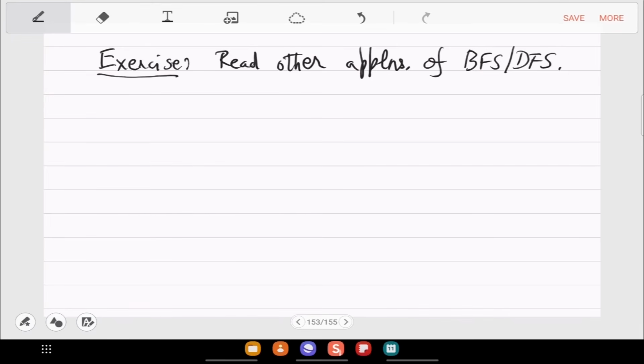So BFS, DFS have tons of applications. We can only cover very few. Okay, the rest you can read up. Again, the modifications required I don't expect them to be big. With small modifications, you can actually solve many of the problems to do with graphs. Okay, so yeah, any questions at this point?